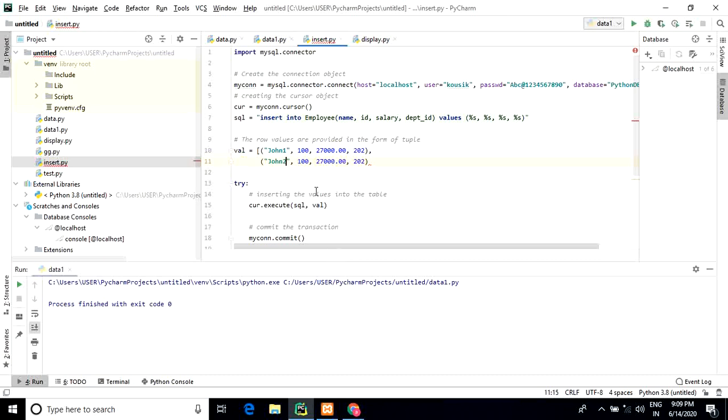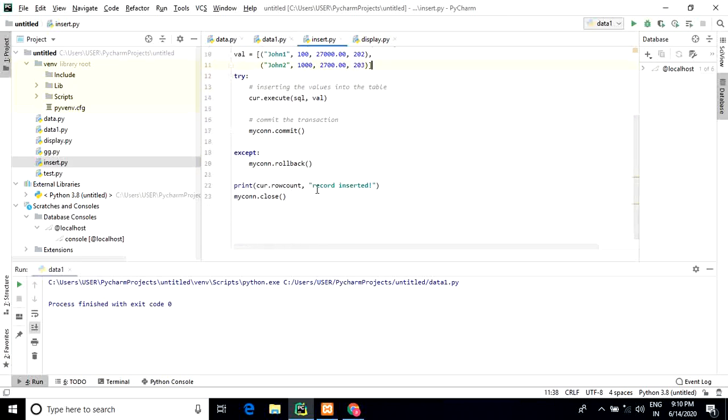Here the value 100. This will be increased into 1000. This will be decreased by 1 and it will be 203. So the last value, and third bracket close. Okay, in that way we can insert multiple values.